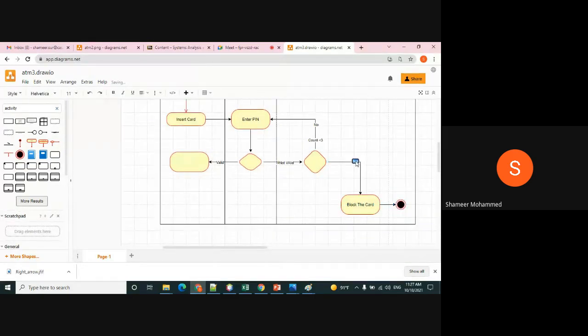When the count is greater than 3 times. 3 times. If you want, you can increase the font, this one,